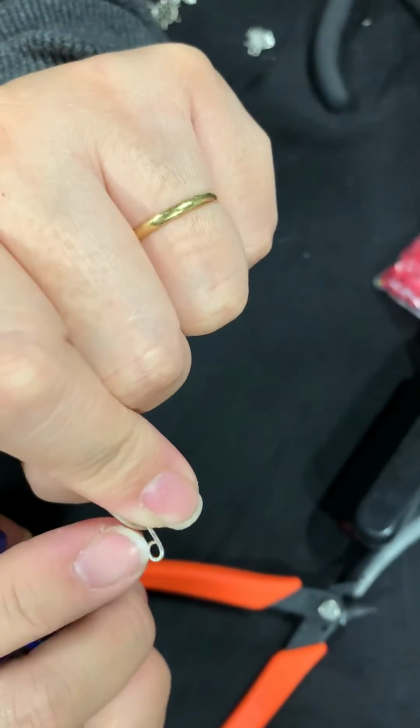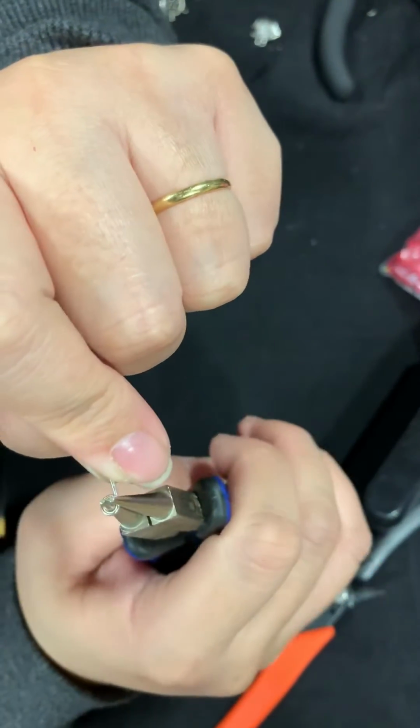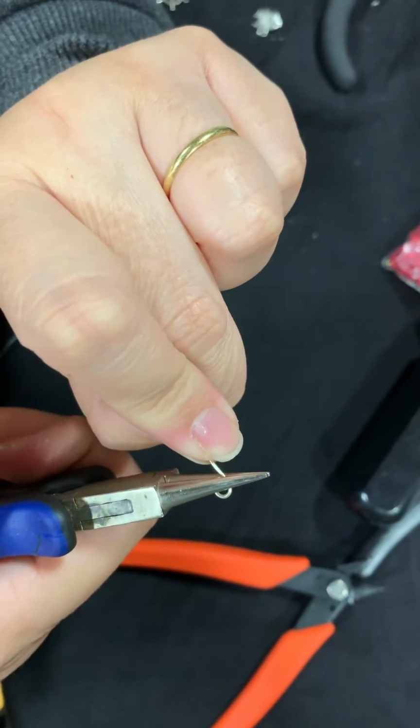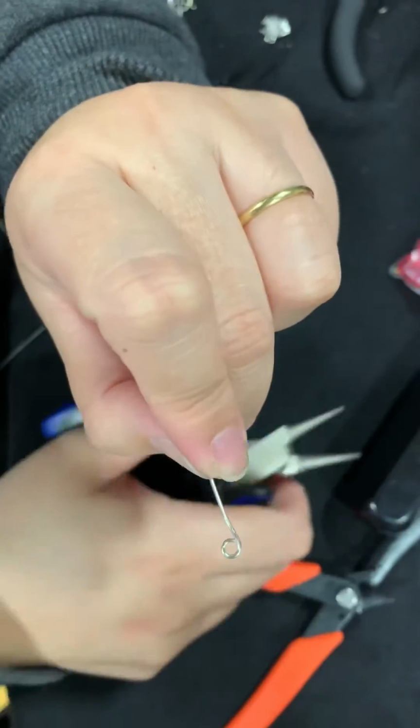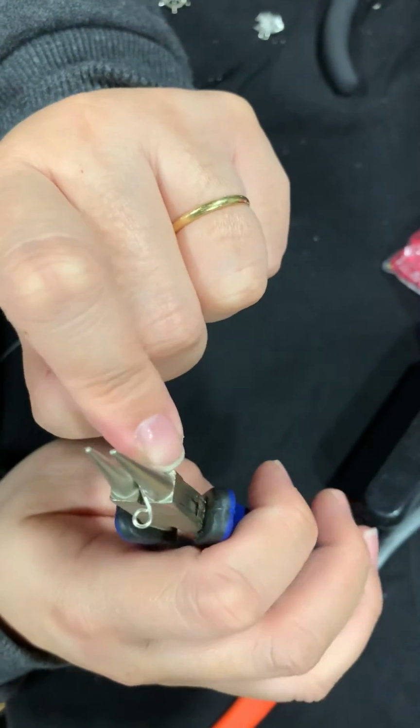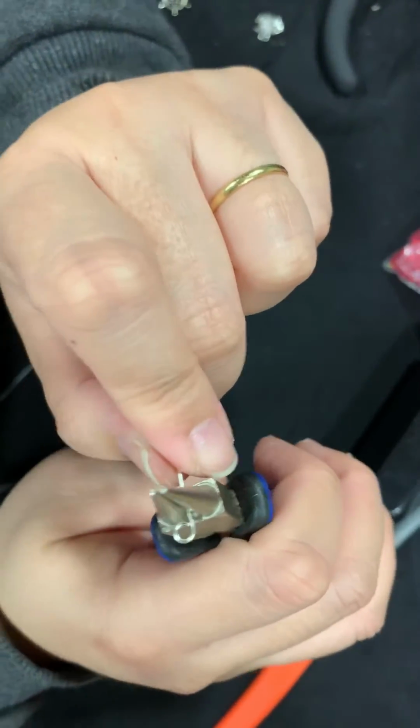this. Once you turn like that, you see that hook right there? You hold it and twirl it just a little bit. Press to make sure it's snapped tight like that. And then on the bigger end right here, you just go down to the side,